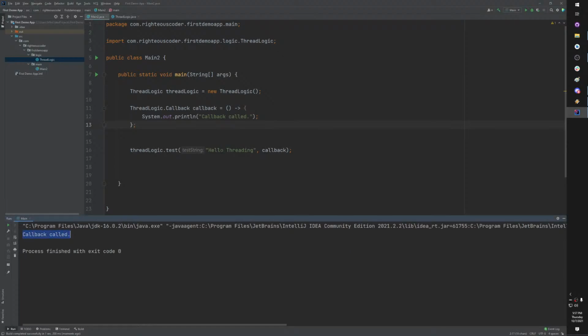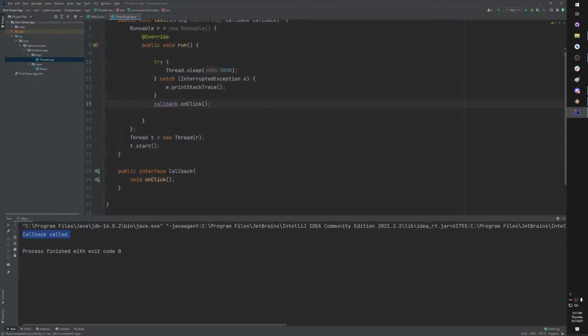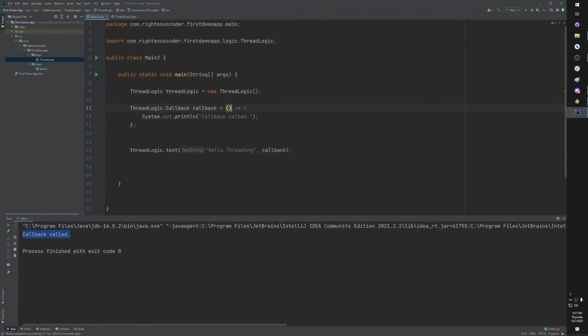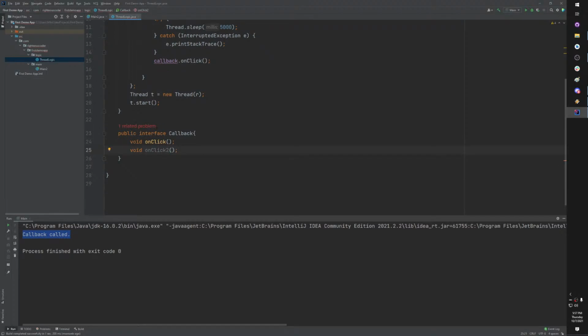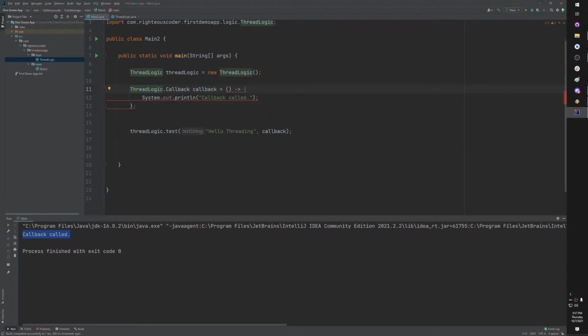And callback was called. Well, callback, you'll see. Yes, something I notice. Now, void. Now there's a problem. This lambda notation only works for